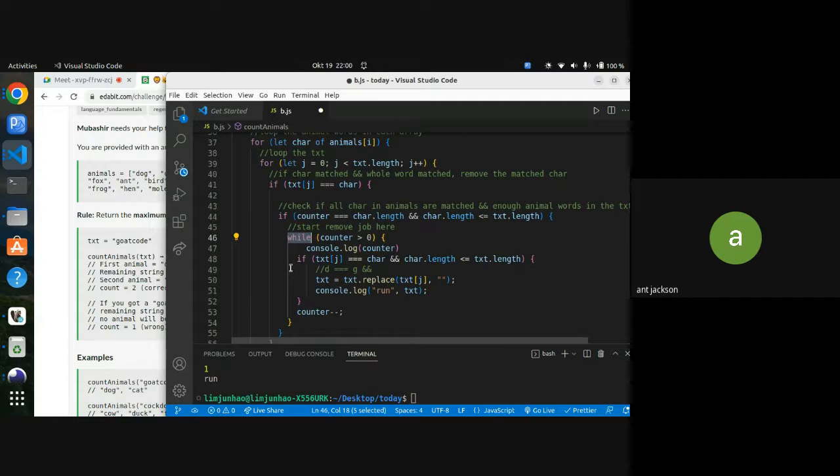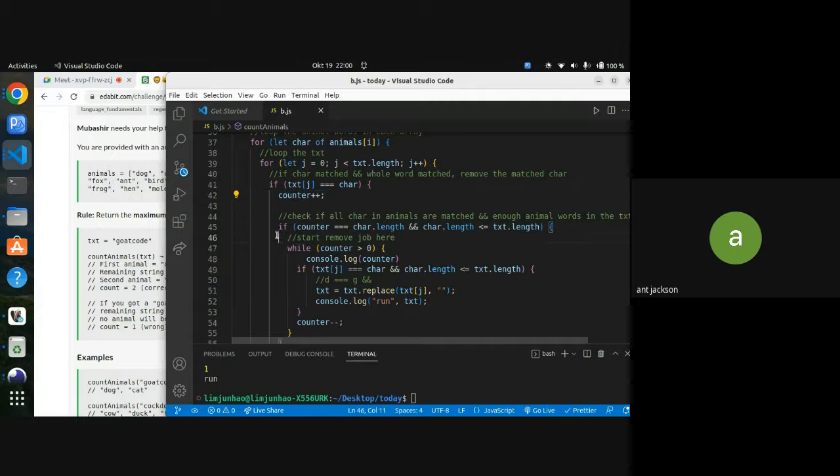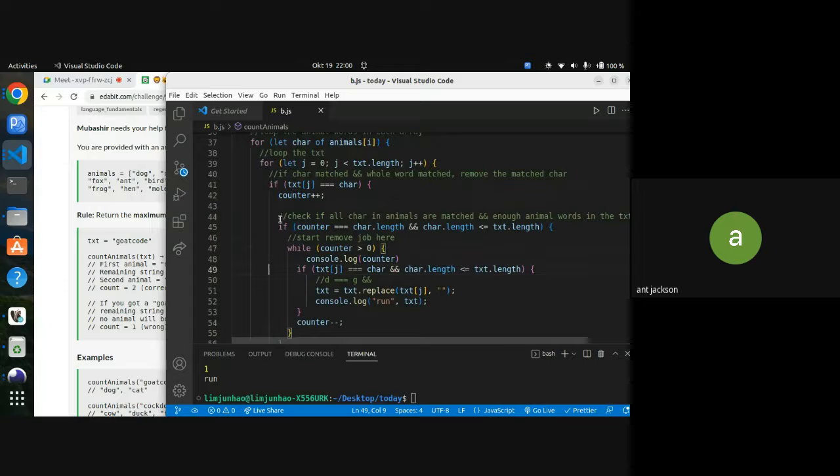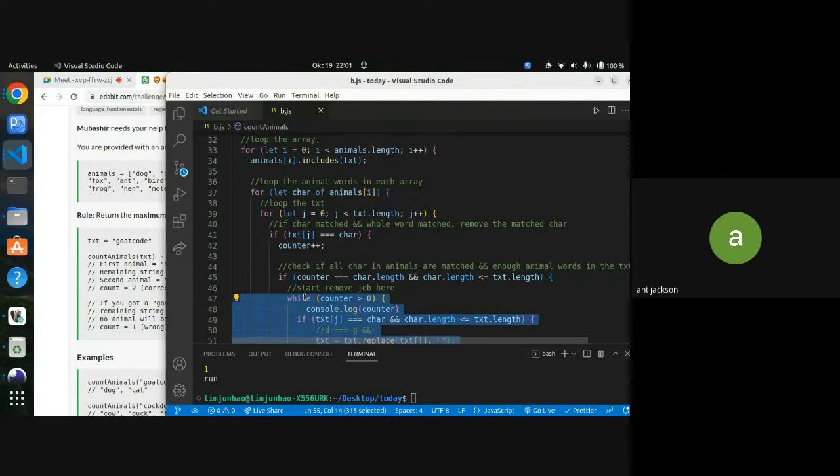Maybe we keep a counter. Then we do one thing called if counter. No, we need another while loop here. If there's a match string here, then